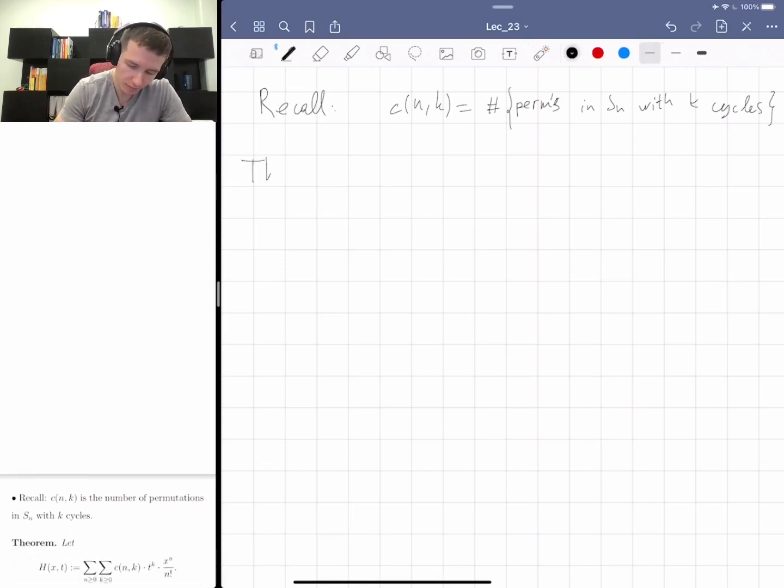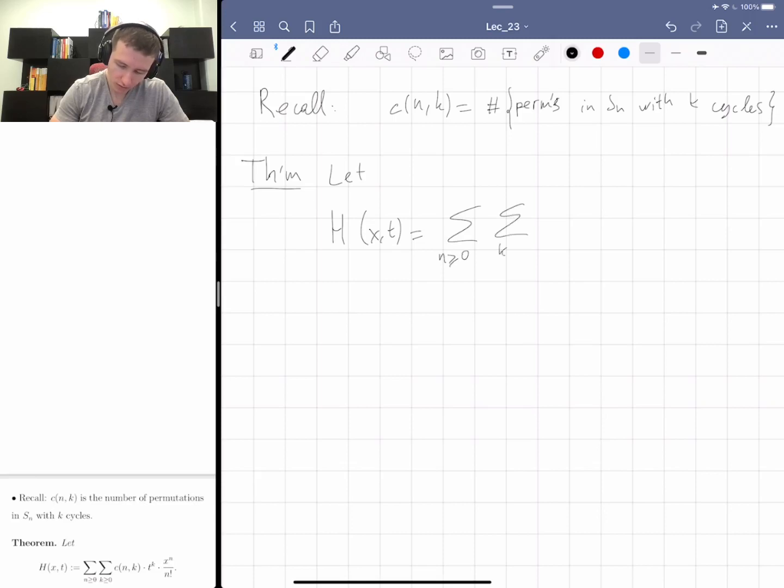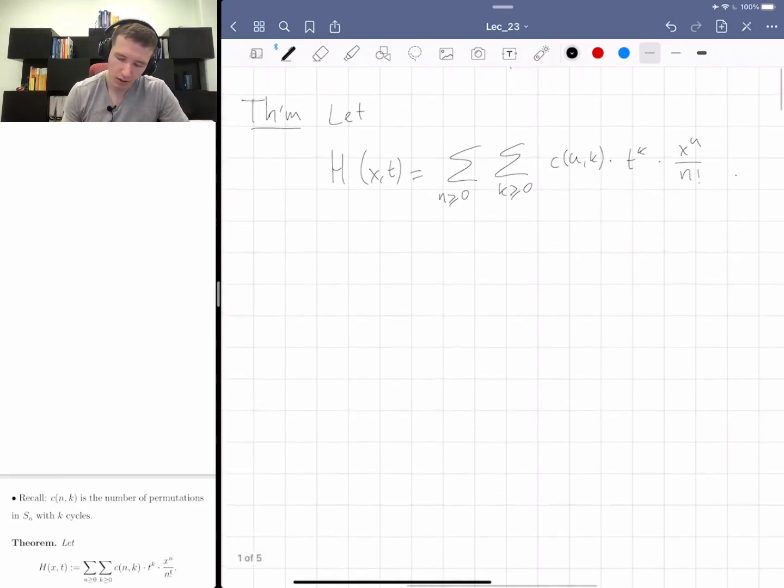Here is a theorem. Basically today I'm going to finish the permutations subject, and I just want to tell you some cool facts about permutations. So let us denote by h(x,t) this two-variable generating function, the sum of c(n,k) times t to the k times x to the n over n factorial. So it's exponential in x and ordinary in t. Then h(x,t) is